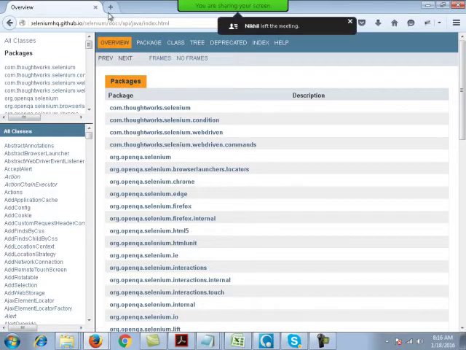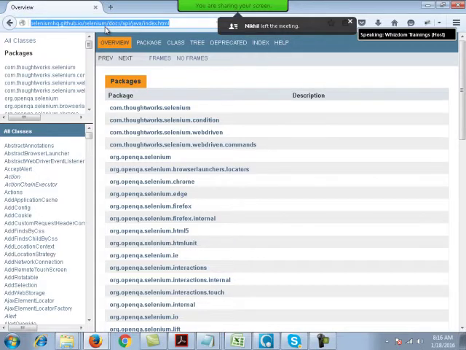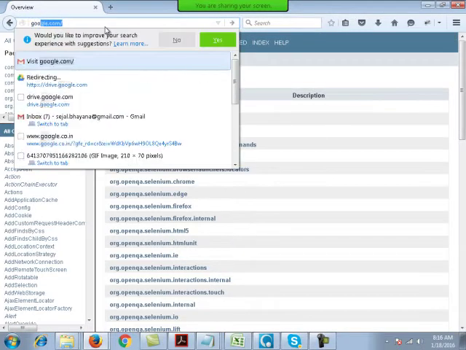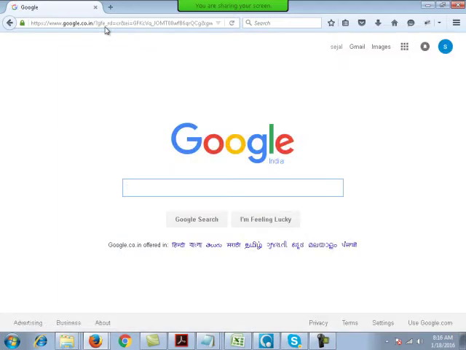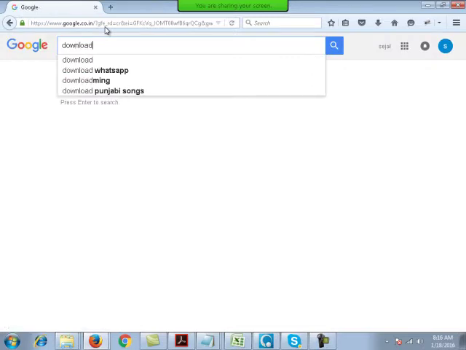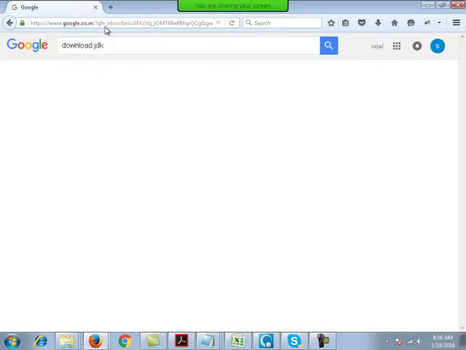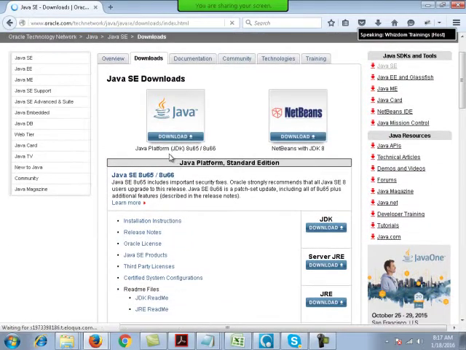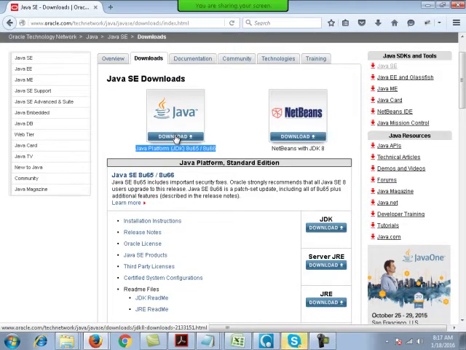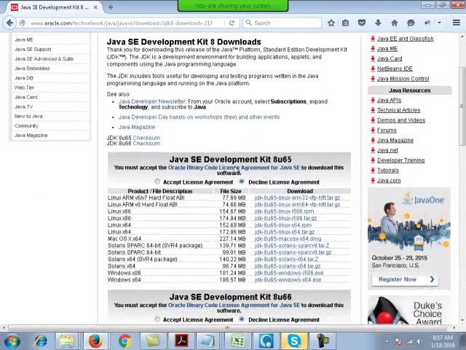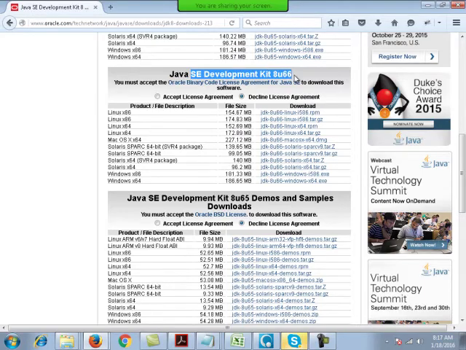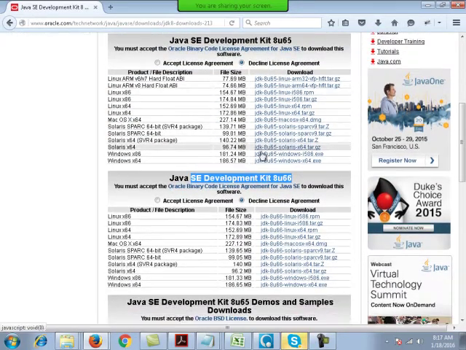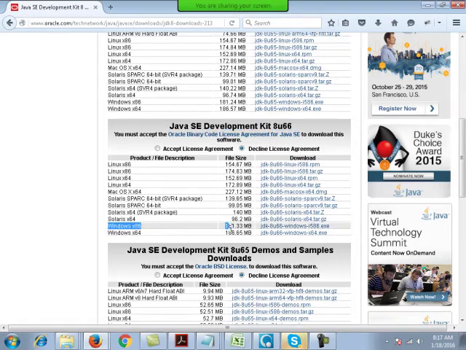The first thing is you need to download Java. I'll just go to Google and you need to install the JDK. Most of you must have the JRE on your systems. Please download the JDK. It is important. Go to the first link over here and install the JDK, Java platform. Click on this download link and install it from this bundle. Don't go for the first one, go for the second one, and over here this is for Windows 64-bit. You can download from here.